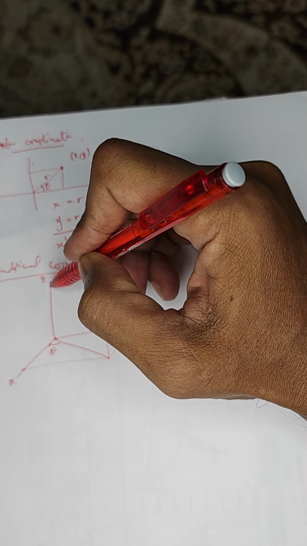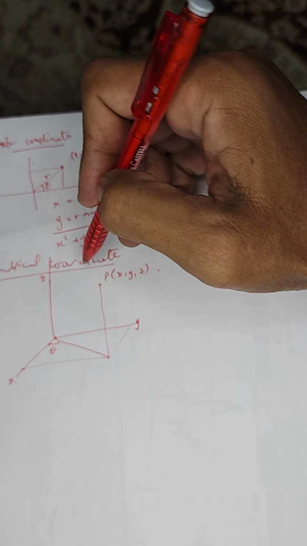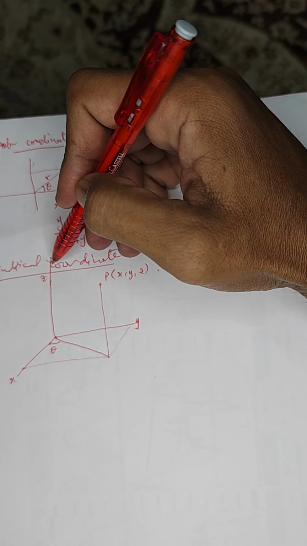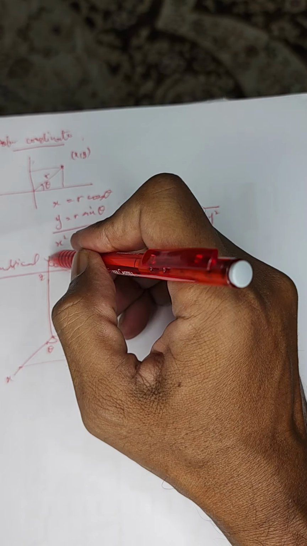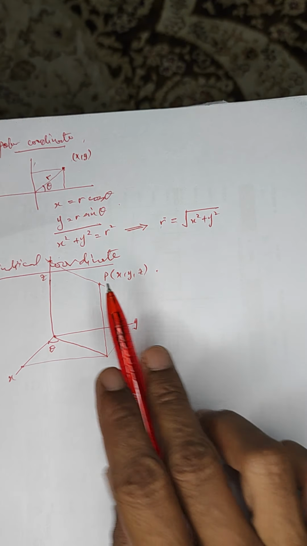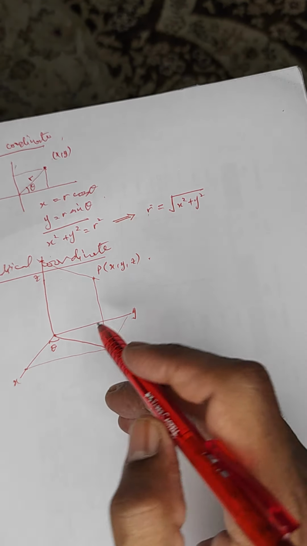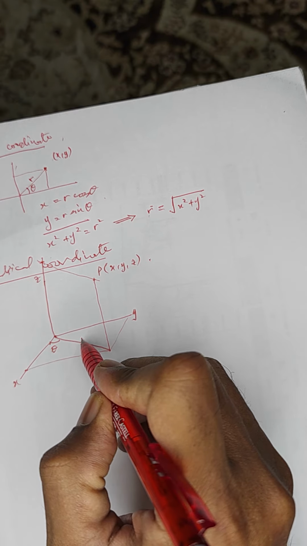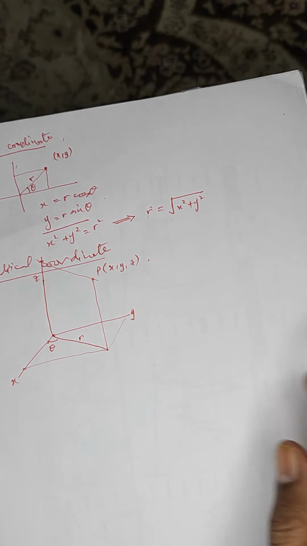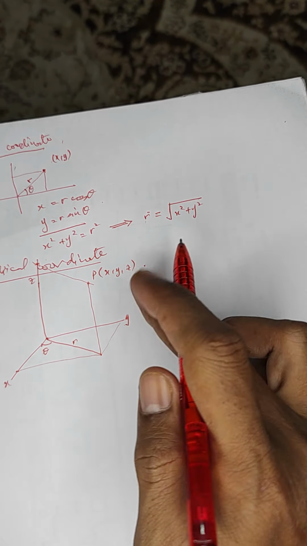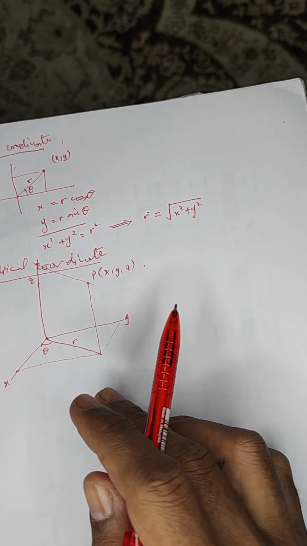Let's make this z much longer so that I can project that. So this is our z, and those points are x, y, z, and this is r. So to represent x, y, z in cylindrical coordinates,